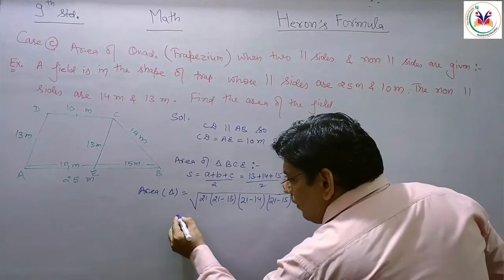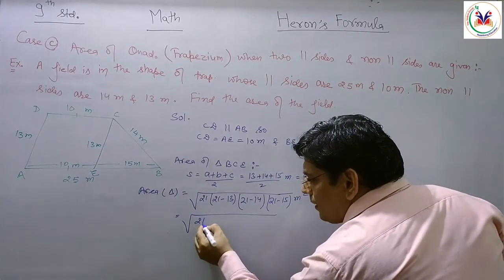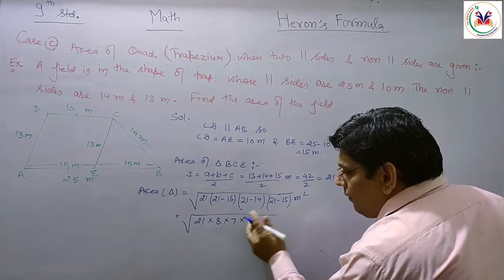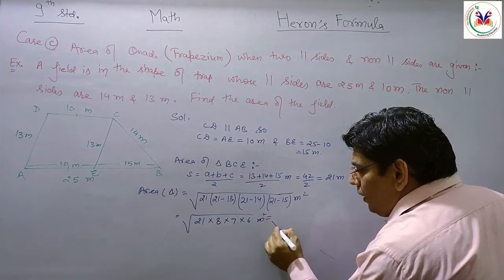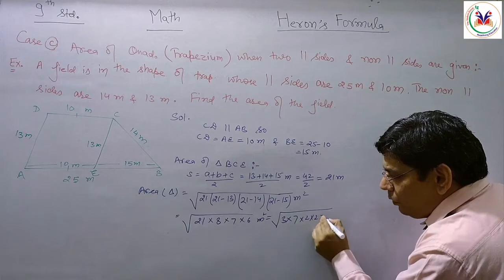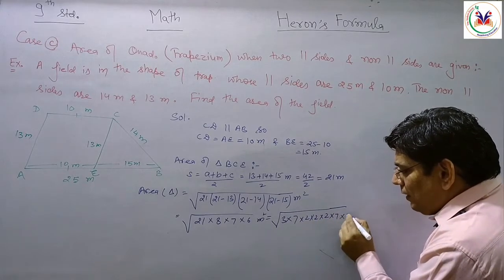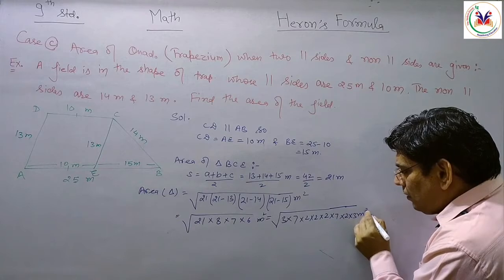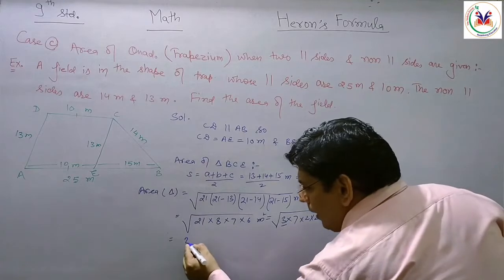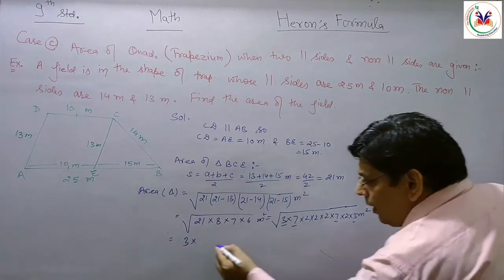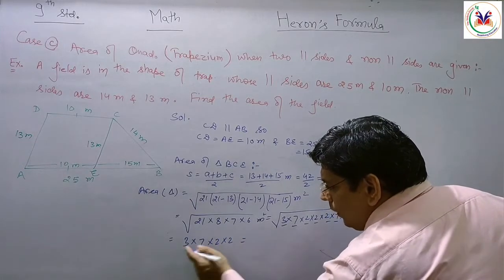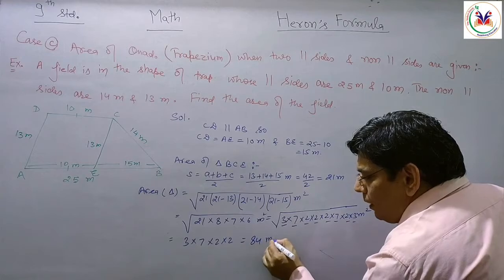What do we get in that situation? We just get 21 as it is. 21 minus 13, that will be 8. 21 minus 14, 7, and that will be 6. Now what should we do? We should calculate the factors of these. 21 we can write 3 into 7, 8 we can write 2 into 2 into 2, 7 as it is, and 6, 2 into 3. Now we just take a pair of that one: 3 two times, so we write 1 time here. 7 also two times, so we write 1 time. 2 is 1, 2, 3, 4 times, so we can write 2 times. 21, 42, 84 meter square.